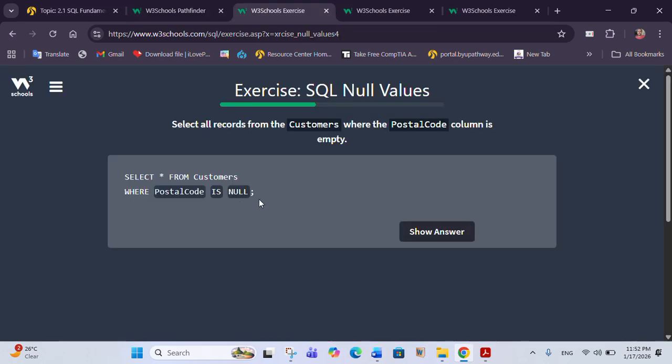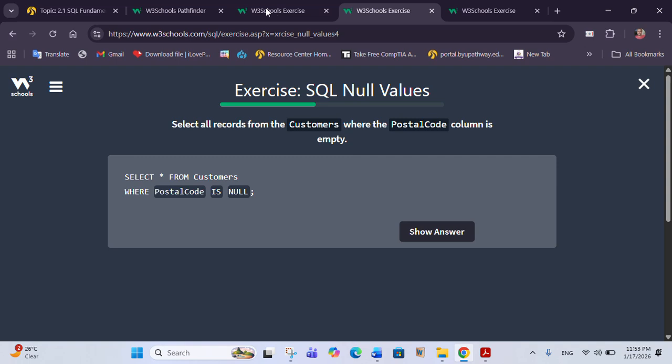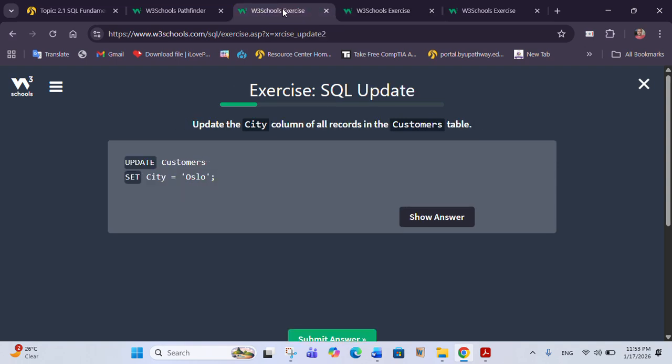Also, these are some of the exercises I have completed. As you can see, using the SQL null values, I have completed this exercise. I have also completed this exercise using the SQL update command, update customers set city equals to Oslo. I have also completed this exercise